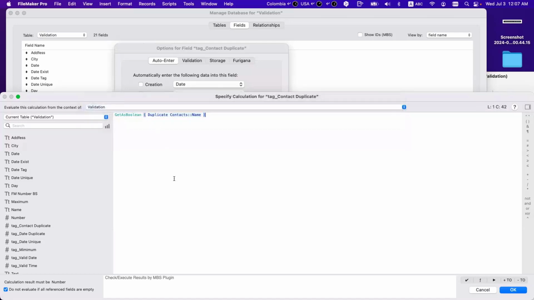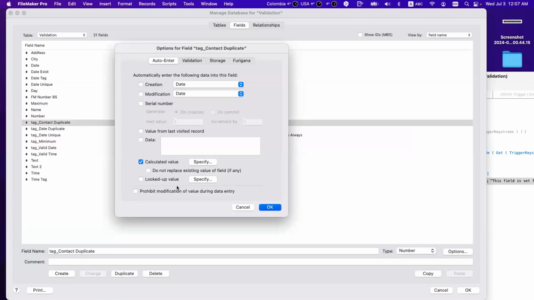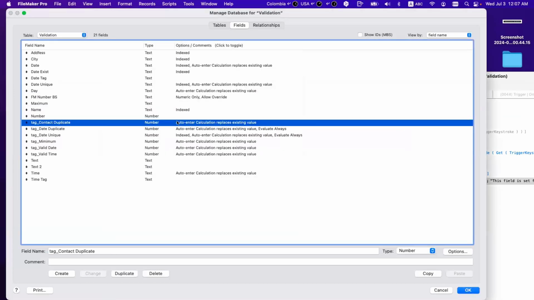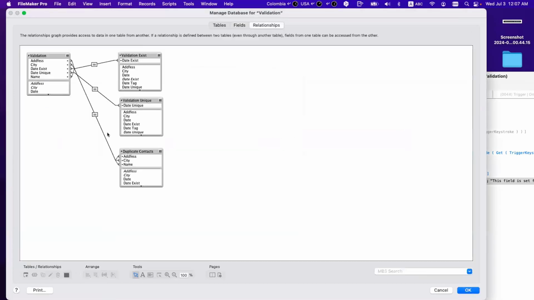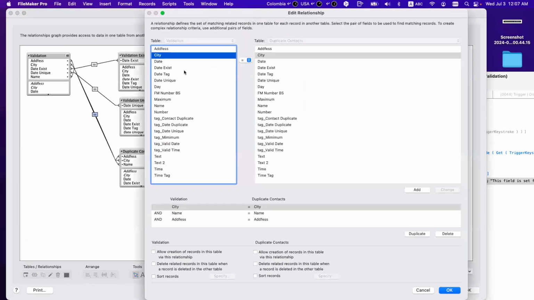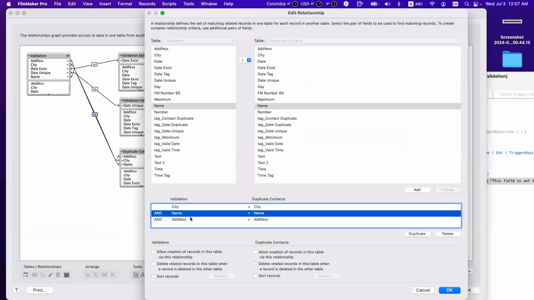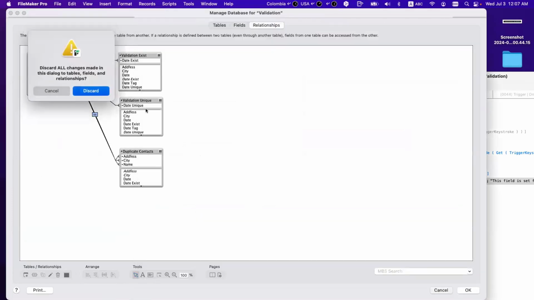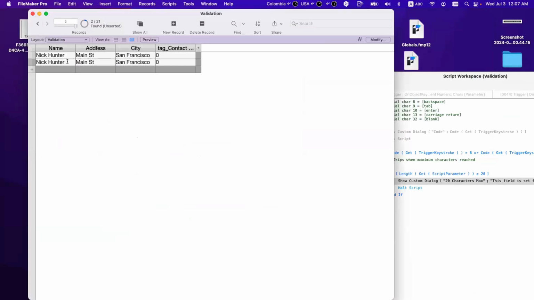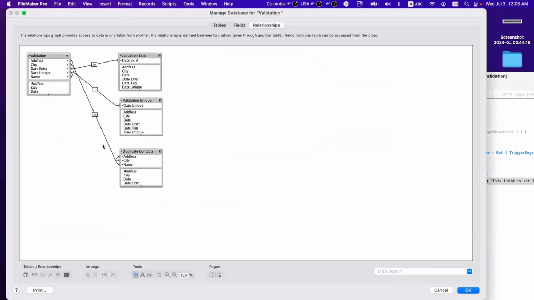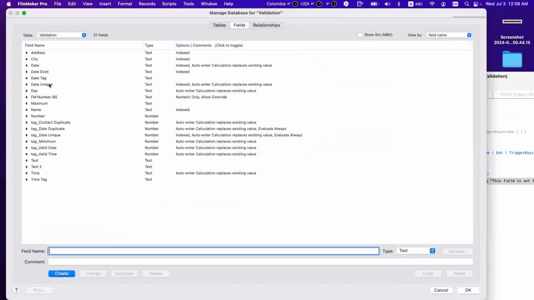I don't know why it didn't say yes, because it found it because of this, right? City, name, address. It should have found it. Maybe I did something wrong here. I wasn't ready to do that, but this is the way you do that.